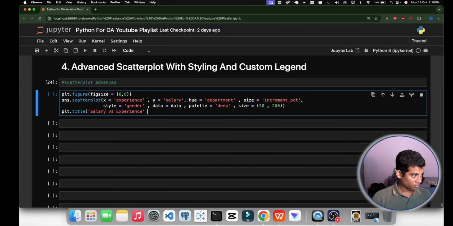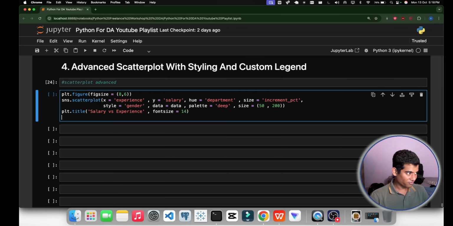And in this we will give fontsize as 14. Let's give 14, it would be better. Then xlabel, what should we give? Years of experience. Let's give it a proper way.